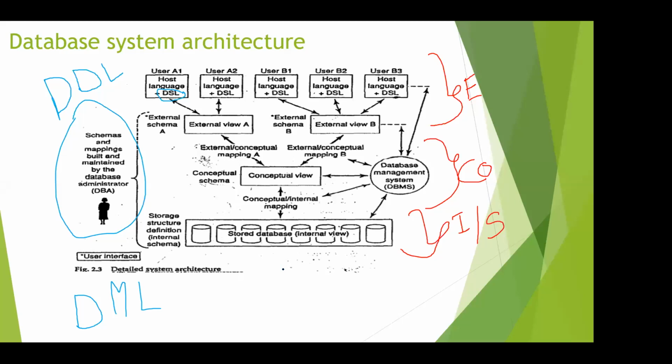Okay, so you can say the third level of the architecture is the internal level. Internal view is a low level representation of the entire database. Here we are representing all the data. If you take an enterprise, this is the enterprise database. If you take sales, it is a sales database, production database, department database. So all these databases are represented at the lower level.